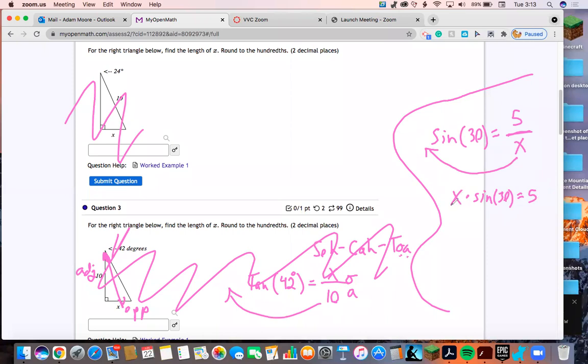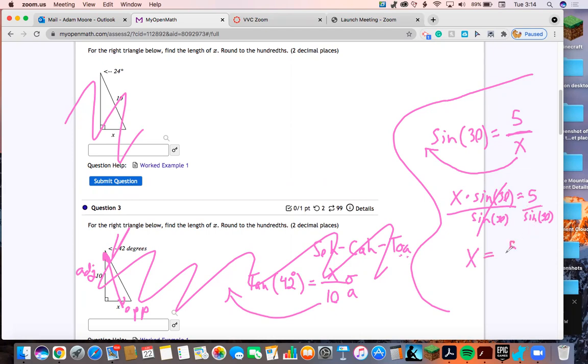That's nice, because now I can get the X by itself because it's not on the bottom of a fraction. And we'll just say, well, if I'm timesing sine of 30, I'll divide it, and then we'll have everything we need. This is kind of a classic technique. Not the only way people do it. There's even shorter cut ways that you could figure out if you want. Nonetheless, we got X equals then 5 over the sine of 30,